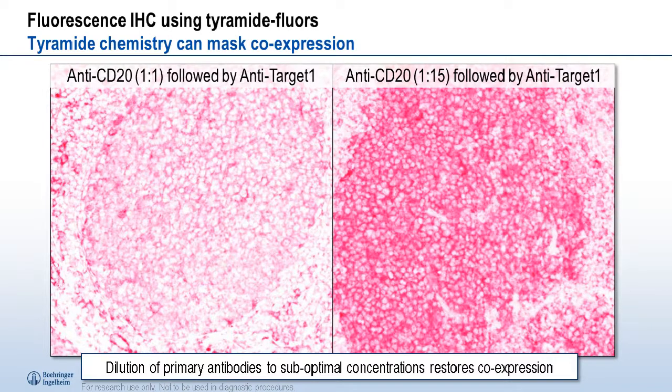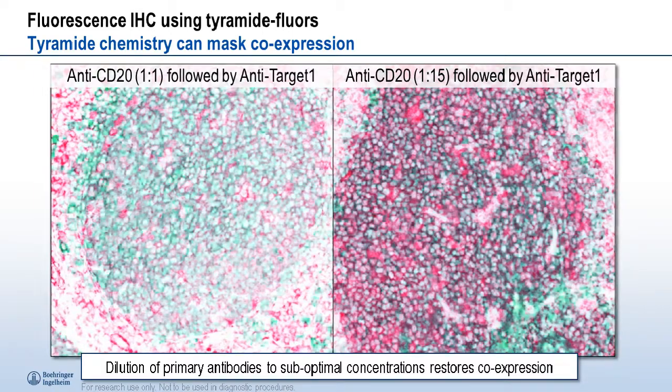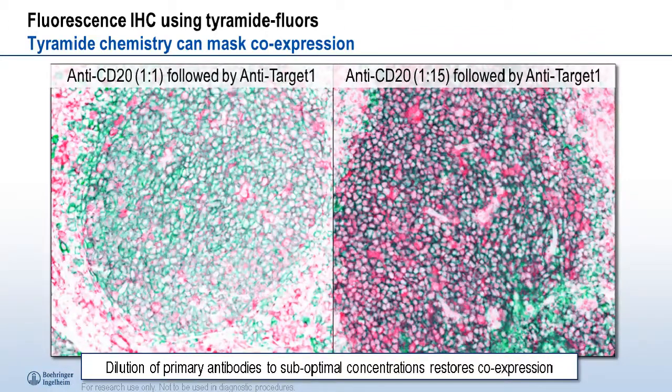So by diluting this down and perhaps either not modifying tyrosines in the epitope or by not saturating all of the tyrosine residues in that membrane compartment of the B cells, we're able to see some really nice, robust immunoreactivity. And we were still able to co-localize this with CD20 in green. Here we benefit from the fact that we can use a longer exposure time, even though the signal is weaker